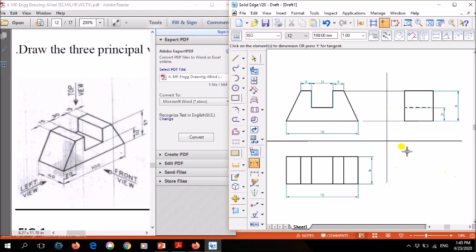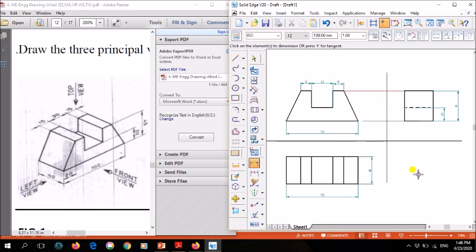Okay, so after drawing this, you can see here the main drawings. So this front view, side view and top view should be dark or using thick lines, and whatever these XY lines are there and these projection lines are there and these dimension lines are there, they should be what? Thin. Okay, remember this, while these are what you'll get full marks. Okay, these come under accuracy. Okay, which are thick lines, which are thin lines, so these come under accuracy. So if you want full marks, you have to remember these important concepts.